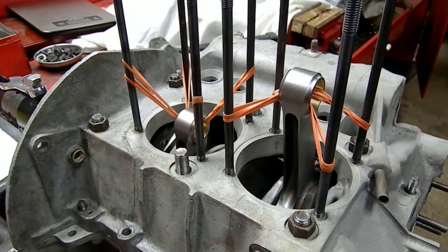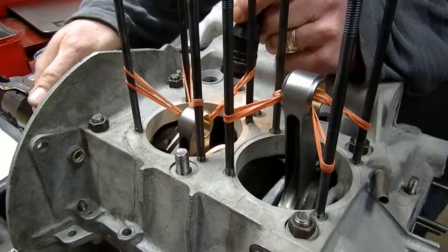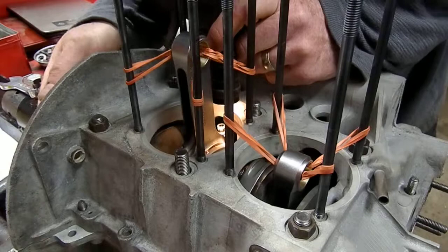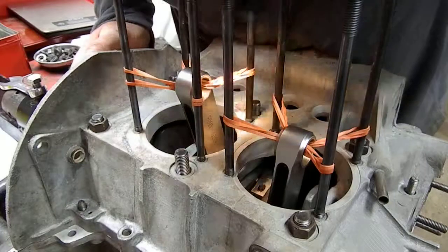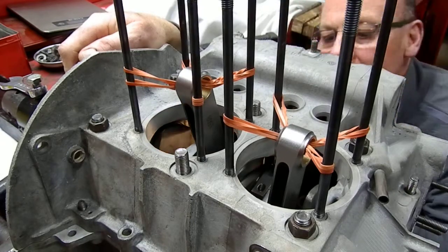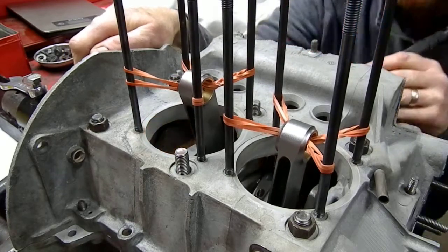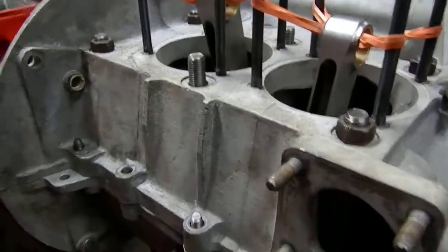A couple of the things that I've been looking for on here is where and how close I am with contacts. So one issue that I found when I was putting it back together was that the rod, and there's lots there, but the rod seemed to have a very close tolerance wiping by the cam pedestal on the center bearing, or just by the center bearing. And I'm going to show you something here, and hopefully you can see it on this side. Sorry, it's jiggly camera time, but this is my issue,